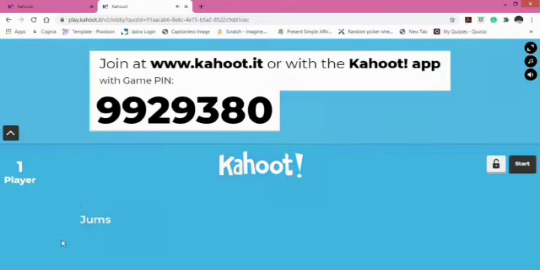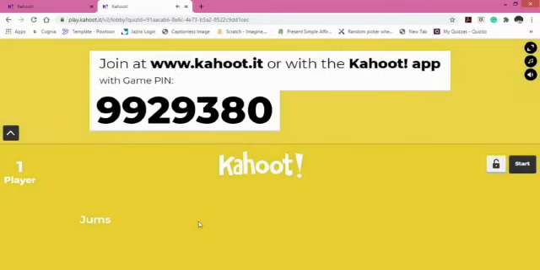Here is our first player. If you wish to remove any name from the game, all you have to do is click their name. In Team mode, the name of the team as well as the name of each player belonging to it are displayed here.